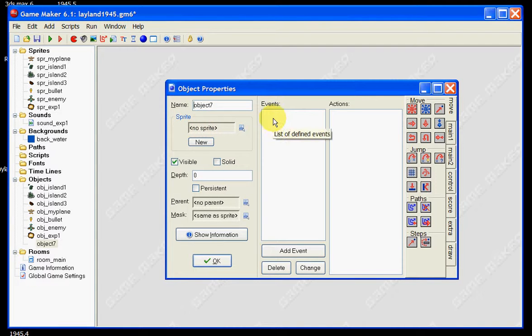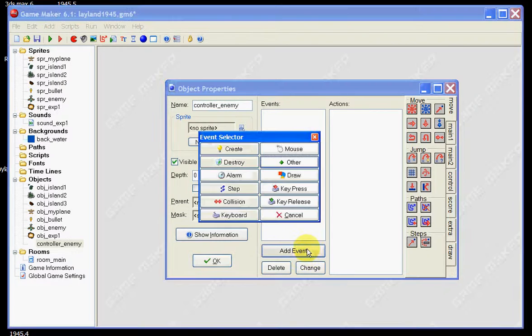So it's still going to have events, it's still going to have actions, so certain things are going to happen, but there's not going to be a picture. You'll see as we go along. It might be a bit confusing now, but hopefully it makes sense. So what I want you to do is type in controller underscore enemy. And once you do that, what we're saying is that whatever this object is, it's going to help control